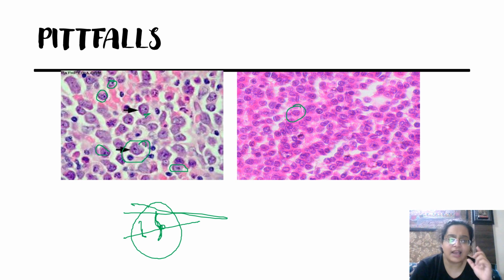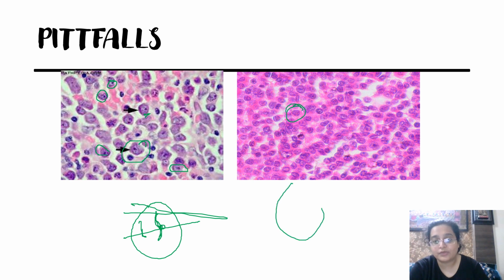Okay, and then of course you have to see the surroundings. However, in a blast, you see that there might be 2 to 3 nuclei. I don't know, I shouldn't be calling it that, it's not written in any book, it's my personal practical experience. I always find it to have that kind of margination look that you get in HSV infection. That kind of nuclear margination is seen.